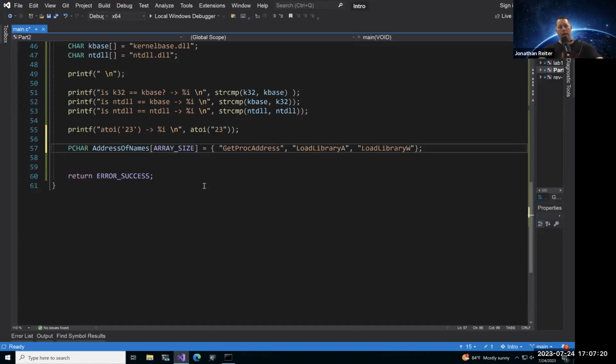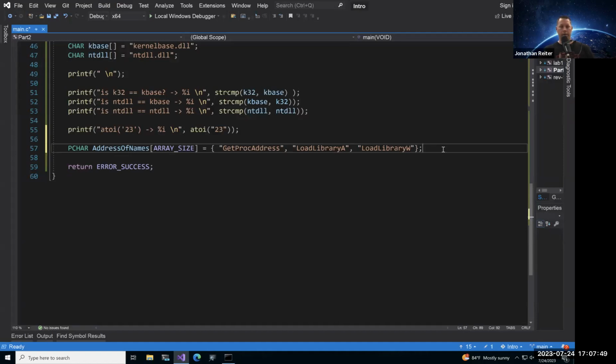Later in the series, as we get closer to some Windows internals, I'll talk about the differences between ASCII and WCHAR, or Unicode, as what Windows is using here. Okay, so we got those 3 items. Boom. GetProcAddress, LoadLibraryA, LoadLibraryW.